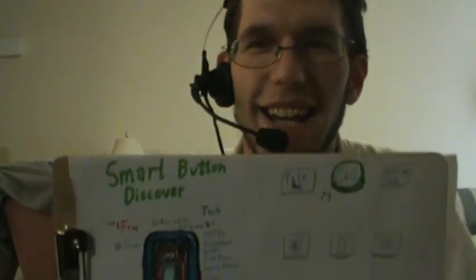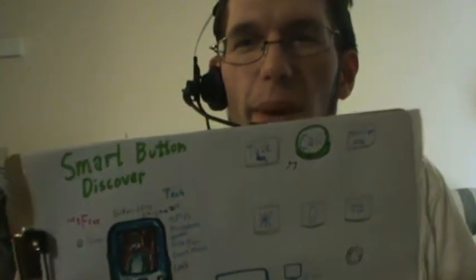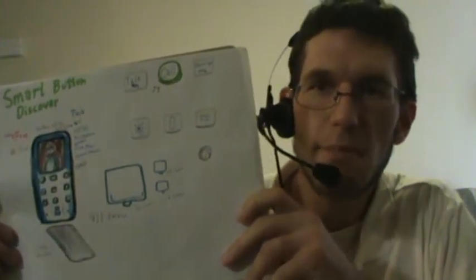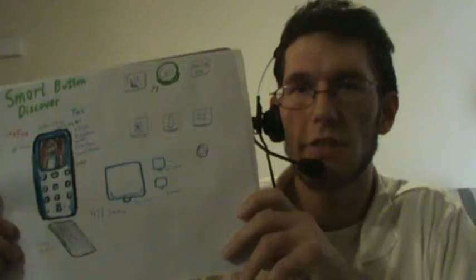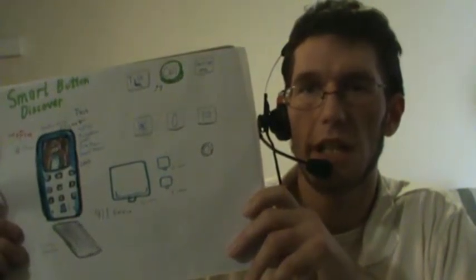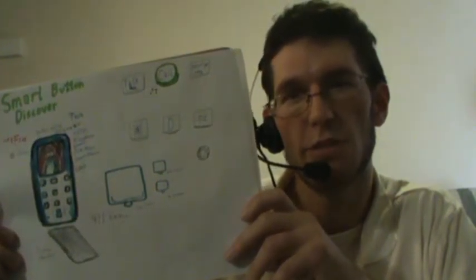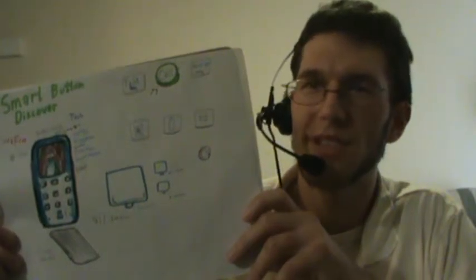Right here's the headset, and if we were talking about something related to the smart button discover, I like to tap a button where they discover new things. And one of those new things could be, maybe for low phone minute rates or anything like that on most telephone plans, as I talk about, say, money's worth something that you purchase, etc.